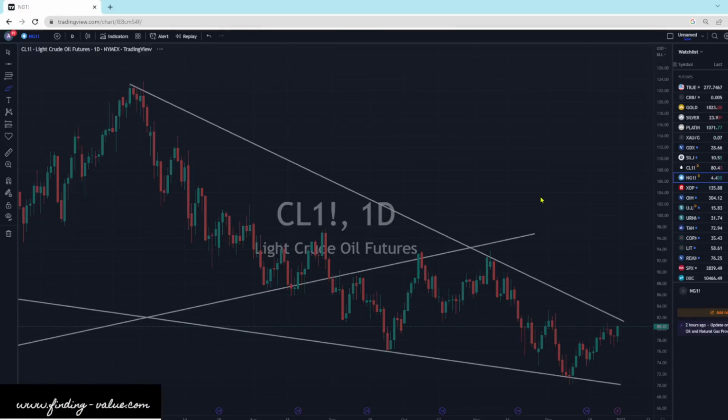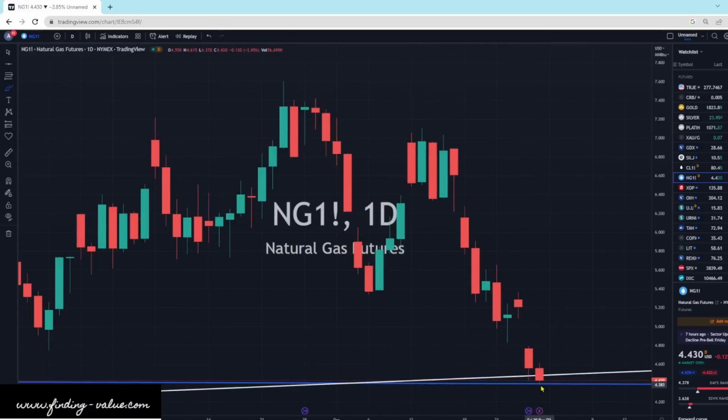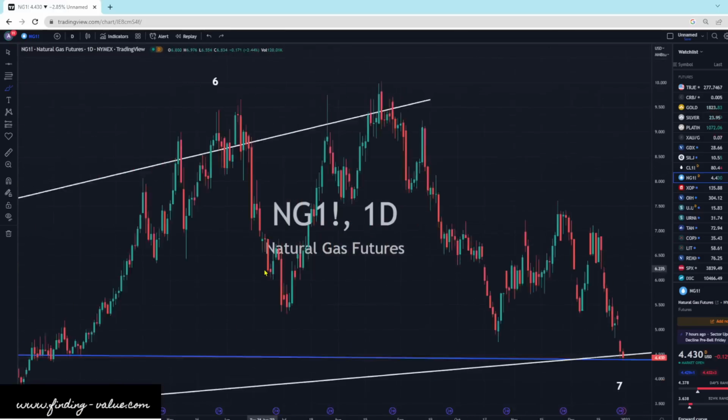Natural gas is down 2.83%. We're down to $4.43. I think that puts us right on the support level of where we're supposed to be. Now we're seeing a little bit of contraction in the candlestick sizes. The opening and closing price is starting to contract. So the buyers are coming in. We're coming to a support level. Hopefully we can move sideways down here instead of just rocketing lower.